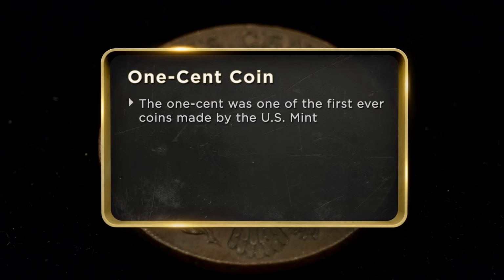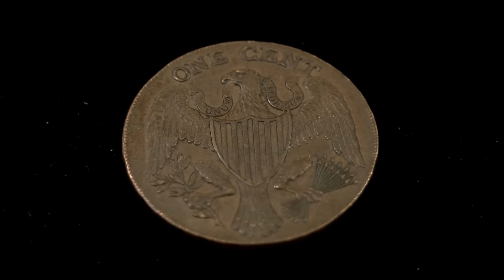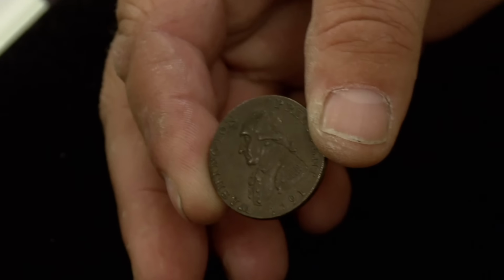It's an American coin, and it was minted just after we got our independence from England, so very old, 1791. I bought it from an individual about 30 years ago. I'd like to get at least $2,200. I don't think I'll take any less than that. Okay, we have 1 cent, a really early American eagle, and President Washington,